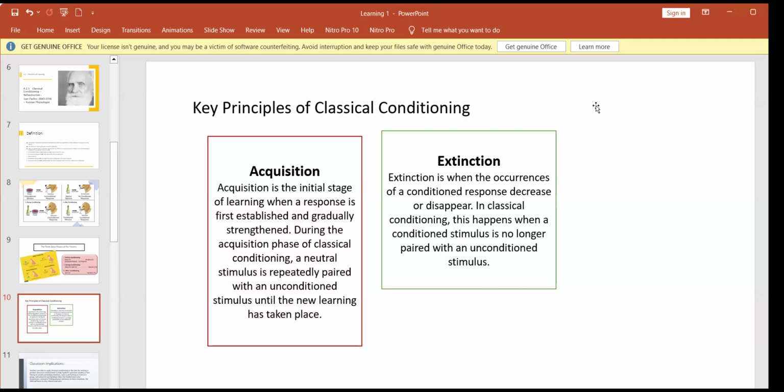The next learning theory we are going to do. You have a solution to it. And even in Roland Abepala's experiment, he used operant conditioning to stop the gradual decrease and disappearance of their newly formed liking for English. So we are going to discuss operant conditioning